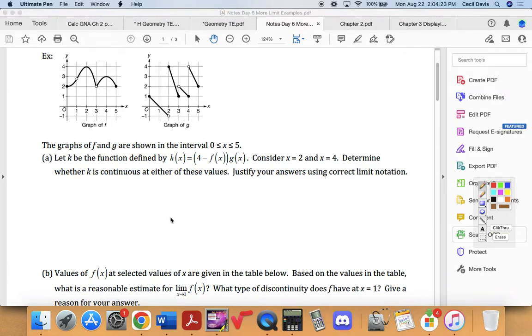All right. So I'm going to start at x equals 2. We're going to start considering that. Remember, in order to be continuous, 3 things had to happen. What are the 3 things that have to happen? The limit as x approaches 2 of f of x, so let's say the whole thing. What else has to be true? f of 2 has to be equal to the limit of x approaching